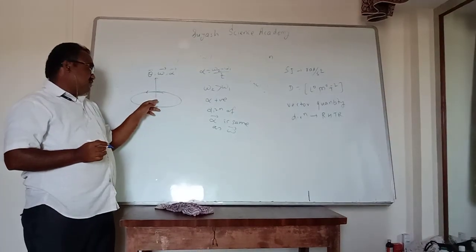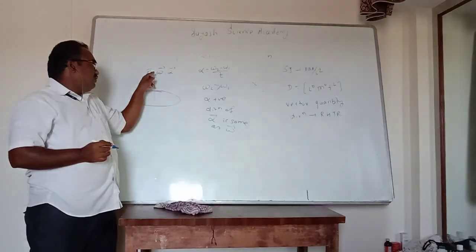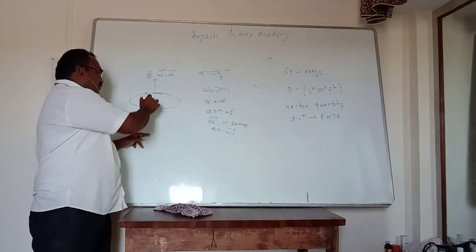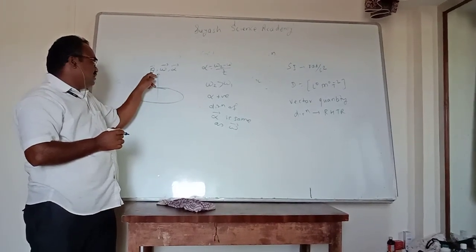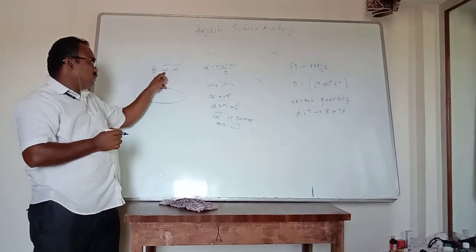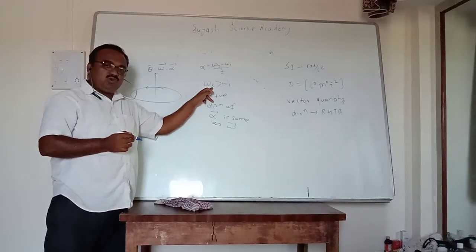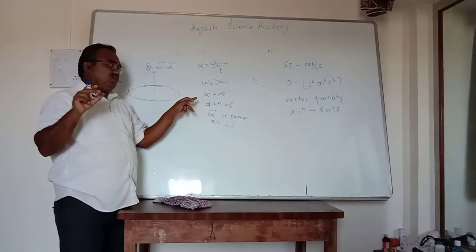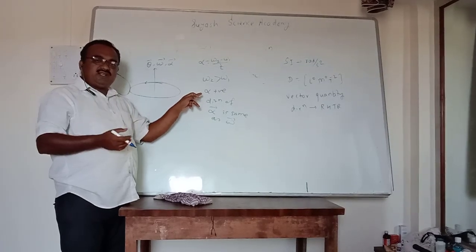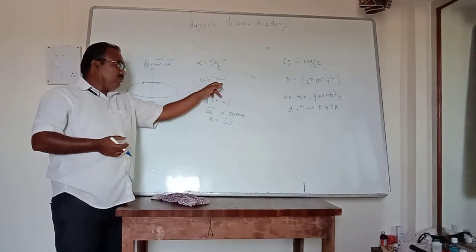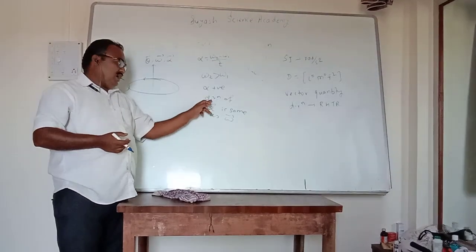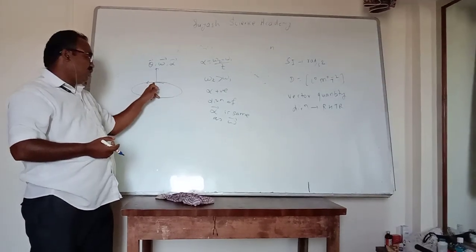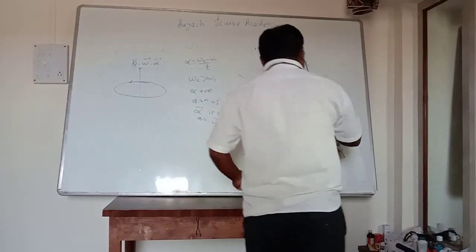This is a very interesting fact. You have to remember carefully. The direction of angular displacement and angular velocity is given by the right hand thumb rule. When the direction of rotation is anticlockwise, theta and omega are in the upward direction. If omega 2 is increasing, suppose the fan was stopped and you switched it on so that its speed goes on increasing, then omega 2 becomes greater than omega 1, alpha becomes positive, and the direction of alpha bar is the same as omega bar, again upward, when rotation is anticlockwise.